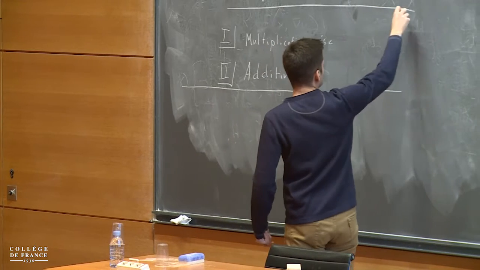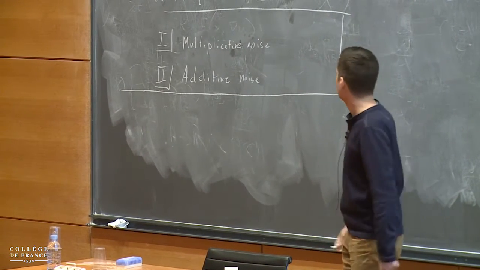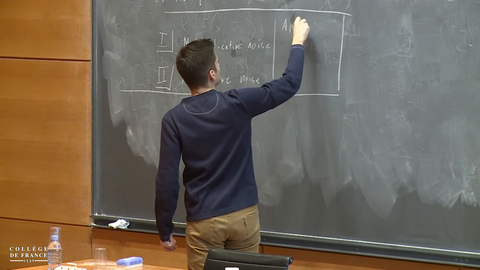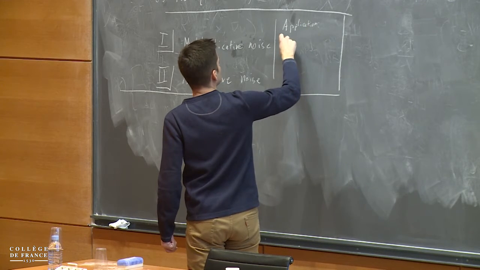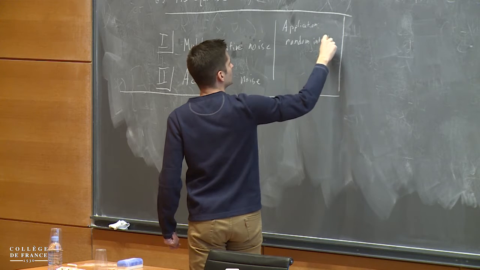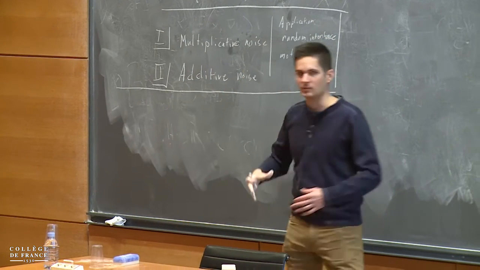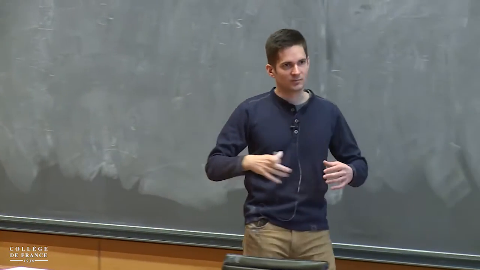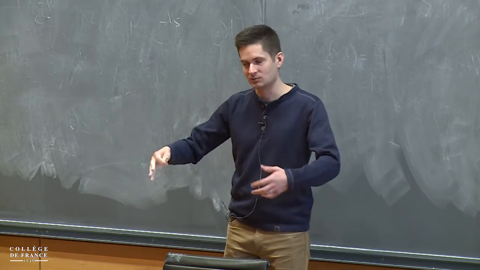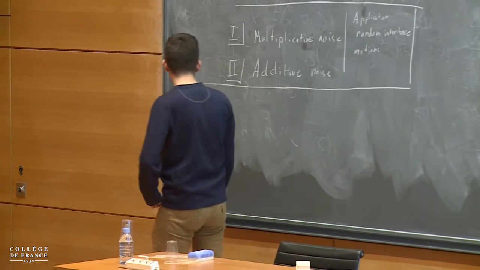of class of equations I want to look at. As I said, these are all going to be Hamilton-Jacobi equations, so they'll be first order. And by the way, the one main application I have in mind, I should say, is random interface motions. So in either case, I'm going to have equations that in one way or another model some evolving interface that has some random oscillatory velocity, and I want to see some homogenization happening under certain scaling regimes. Okay, so in the first case, my equations will take this form.